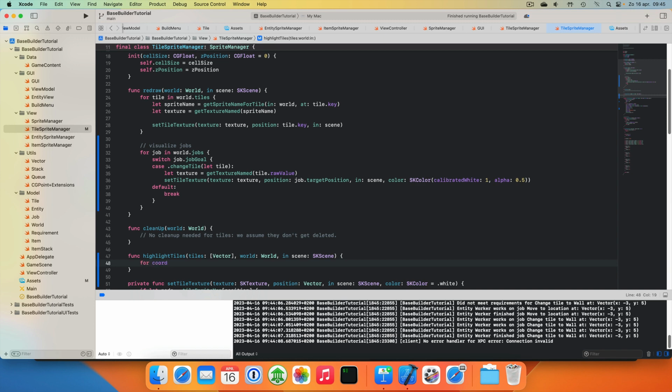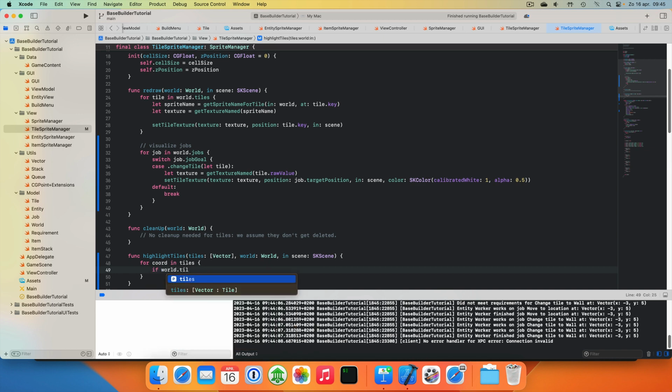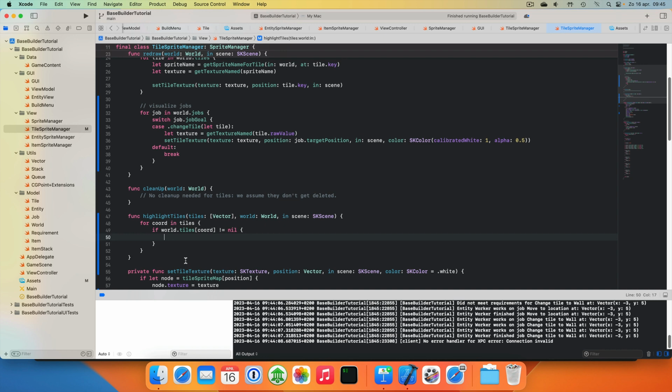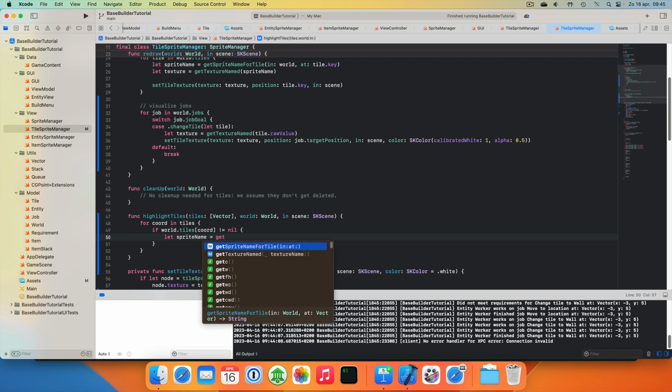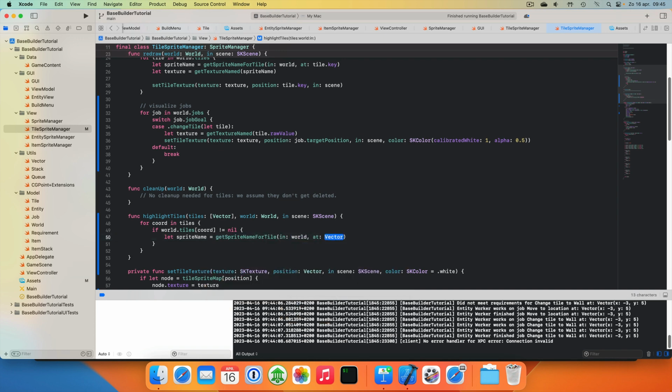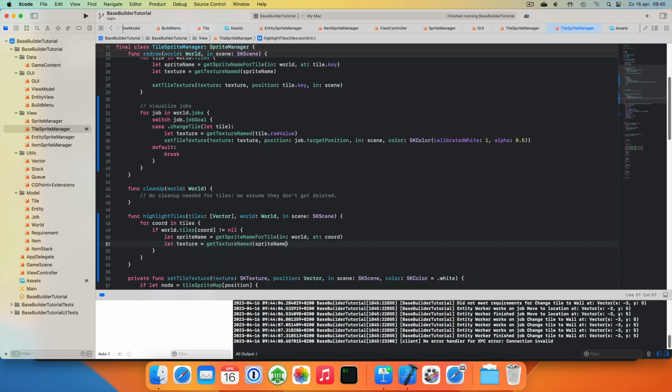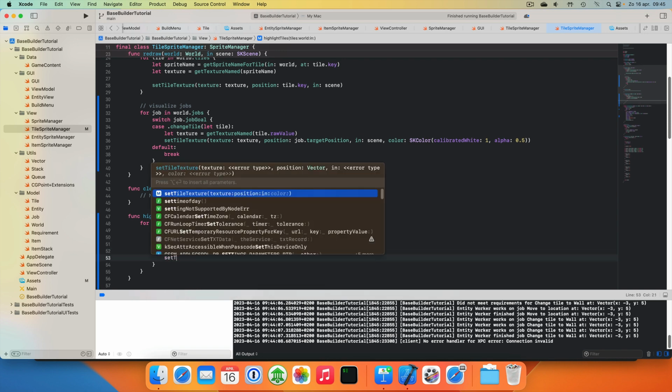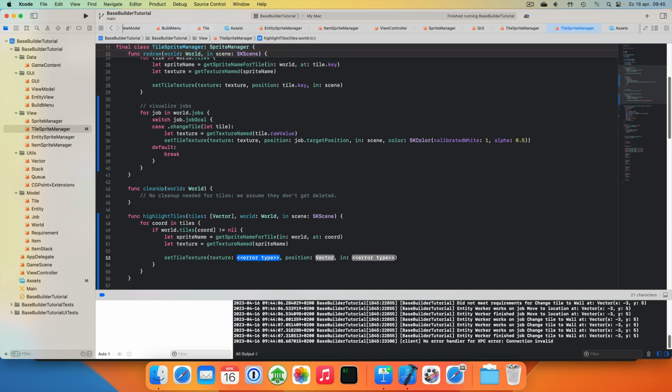And let's go over each coordinate in tiles. And if the world.tiles coord is not nil, because it could still be void, then let's take a sprite name. We'll get a sprite name for tile in the world at our coordinates. Then we take a texture, get the texture named sprite name, and we call our setTileTexture method using the texture